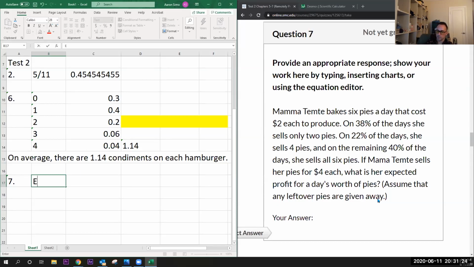The theme would be expected value or expected profit, something like that, which is section 6.1 or 6.2. I forget what section it is, but it's something that I really love to put on tests. So